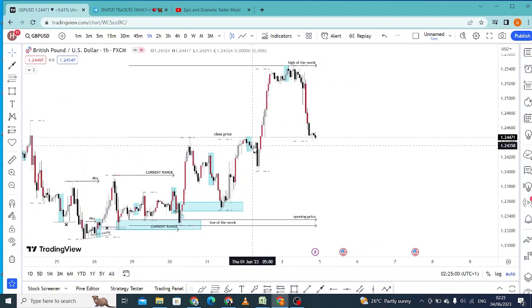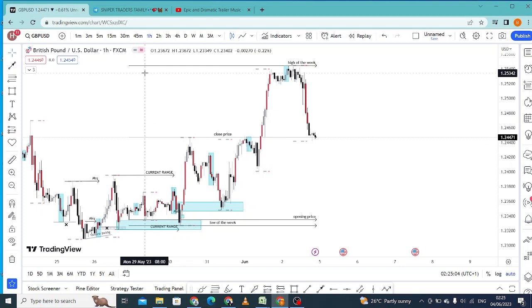I hope you understand this, and I believe for every trade you're going to be taking, try and journal most of your trades. This is just the beginning part of